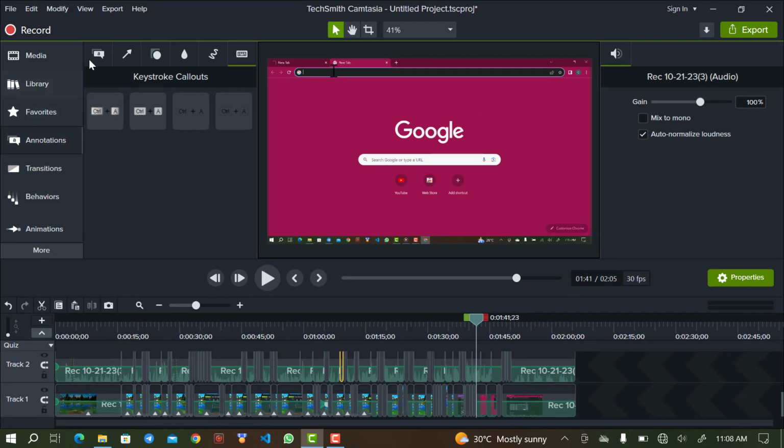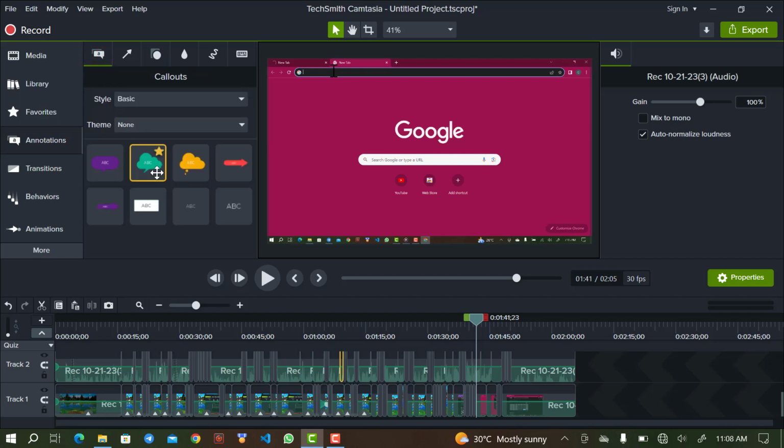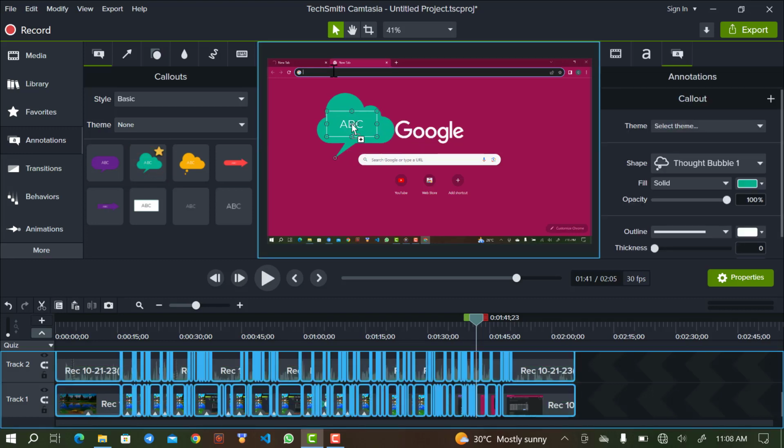When I click on annotation, you can see this call out. I can choose whichever I like here, whichever color, and I can also change the color after choosing it. I will choose this, which is a favorite, and drag it to this very space,